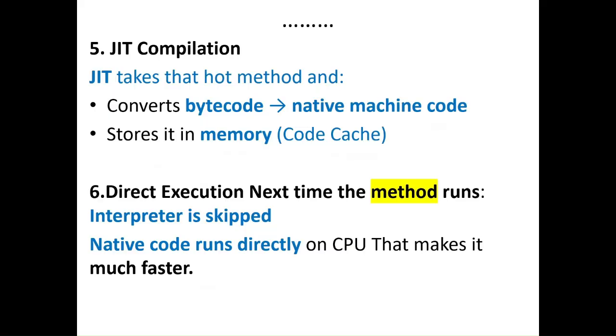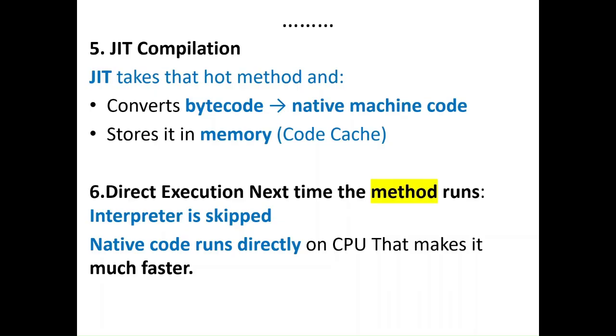And then the JIT compiler will convert that particular method's bytecode into machine-understandable code. So now, every time the method is called again and again, it won't be converted into machine code again and again. It identified that this method is going to be called multiple times, so it has already been converted into machine code. Now the interpreter is going to skip the conversion into machine code because it was already converted. Now it is going to take that and use it.